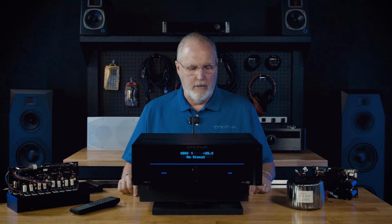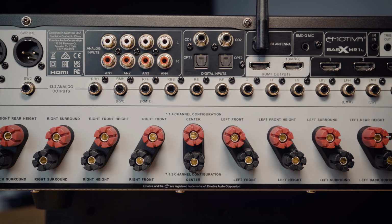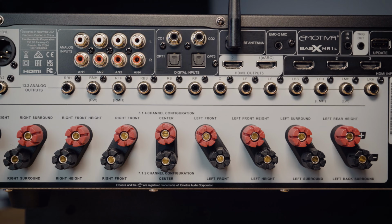Okay, this is 9 channels of internal power. It's 140 watts into 8 and 200 into 4 with 2 channels driven. With all 9 channels driven, you're 85 by 9 into 8 and 100 by 9 into 4. I had to remember all those things. You've got a 660 VA toroid power transformer, a very high capacity linear power supply,